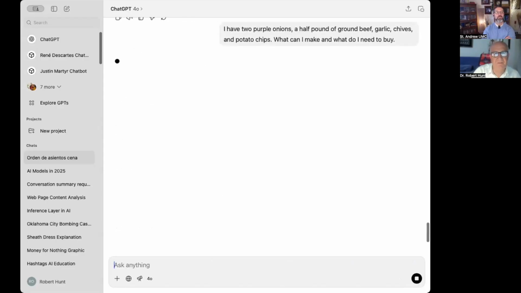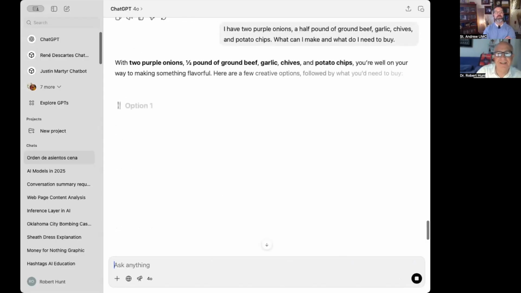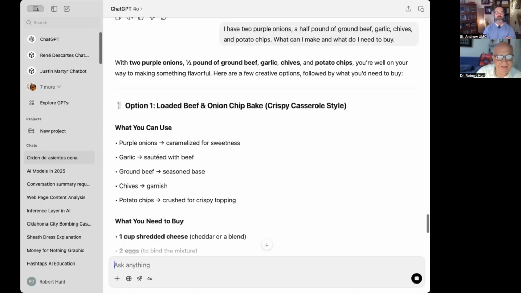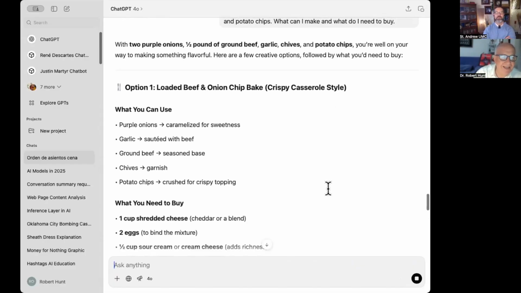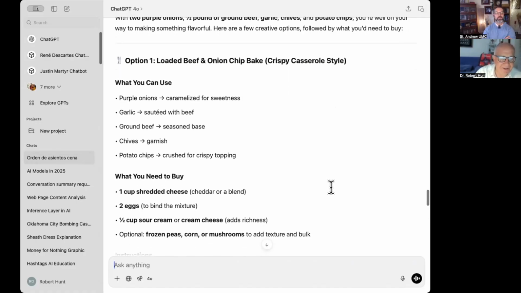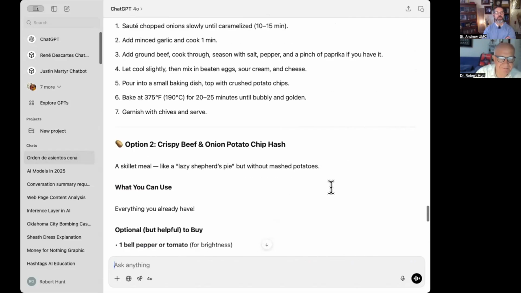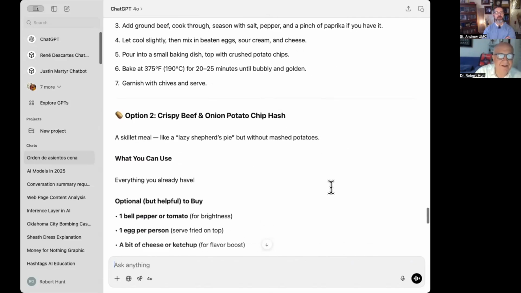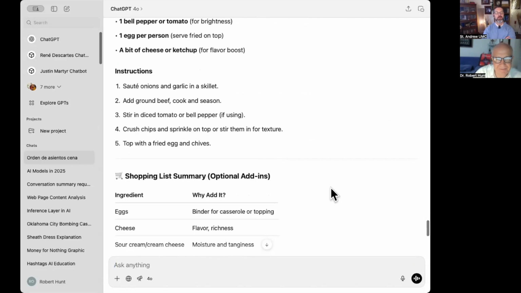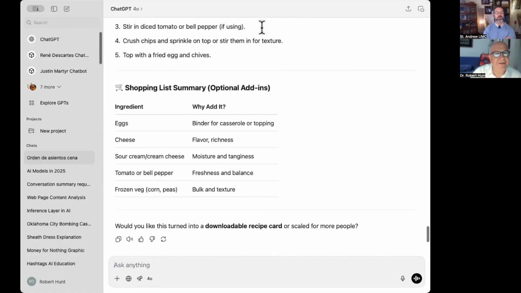Okay, so I've given it a little challenge here, 2 purple onions. This is like MasterChef, right? So it gives me loaded beef and onion chip bake, crispy casserole style. That's pretty good. And all I have to buy is cheese and eggs, sour cream, etc. Okay. Crispy potato hash. Okay. Look, we'll retire ChatGPT for just a minute, but